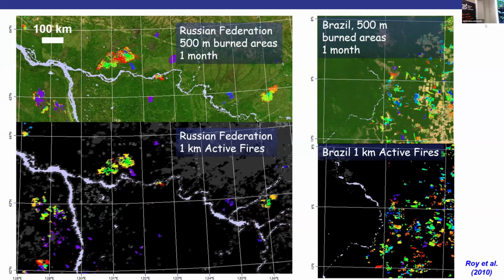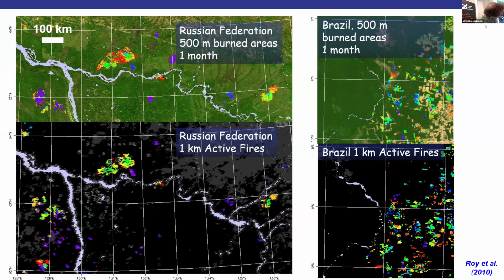And then over here in Brazil, you've got all these very small fires, and in terms of active fire data, if the fire was burning when the satellite came over, it's actually probably better at spotting them than the burned area because they're just so small. These forest clearing patches and stuff are quite difficult to detect.